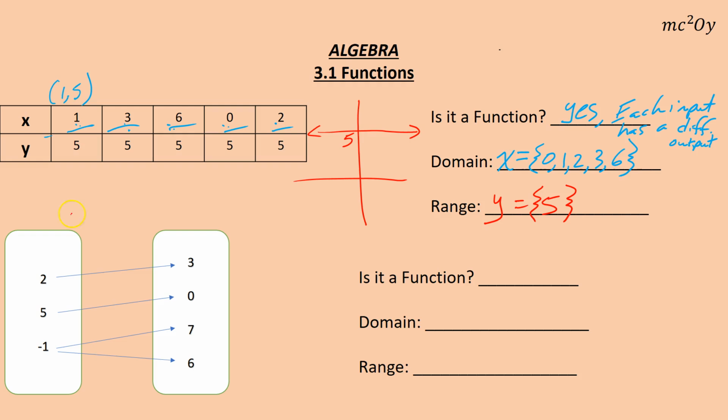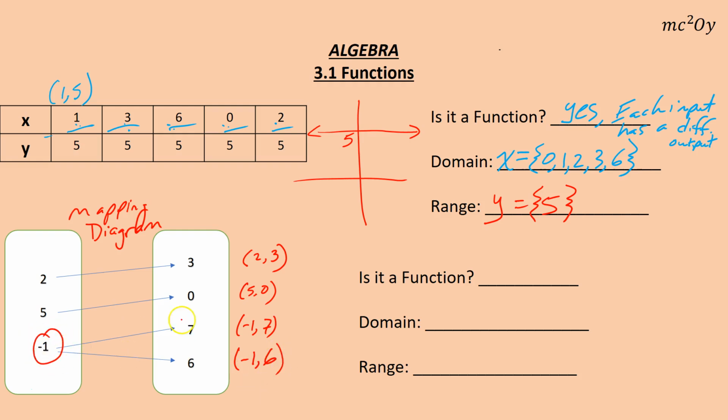Okay, the last one, this is called a mapping diagram. So if you see that term, that's what it is, mapping diagram. And all that does is it really says, well, 2 goes to 3. So really that means you have the ordered pair 2, 3. 5 goes to 0, so you have the ordered pair 5, 0. -1 goes to 7, so you have the ordered pair -1, 7. -1 also goes to 6, so you have the ordered pair -1, 6. So when you're saying, is it a function? Well, notice this input goes to 2 different outputs. And you can see it when you list it in ordered pair format. So no,